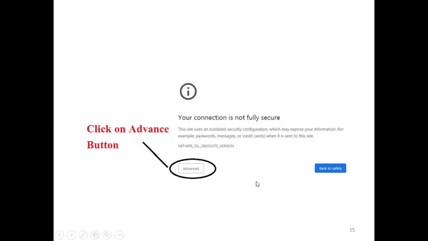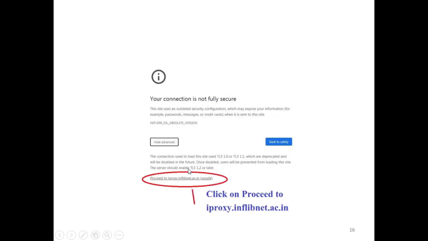The first time you will receive this type of message on your screen. After that you click on the advanced button. Again you receive this type of message. Click on proceed to iproxy.inflibnet.ac.in link.